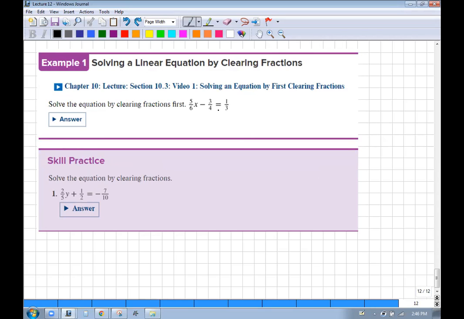If I multiplied everything by a 4, this would just be a 3, but I'd have fractions here and here. So what number can I multiply that will get rid of all these fractions? I need the smallest number that all 3 of these will divide into, in which case it's 12. 6, 4, and 3 all divide into 12. If I multiply both sides by 12,